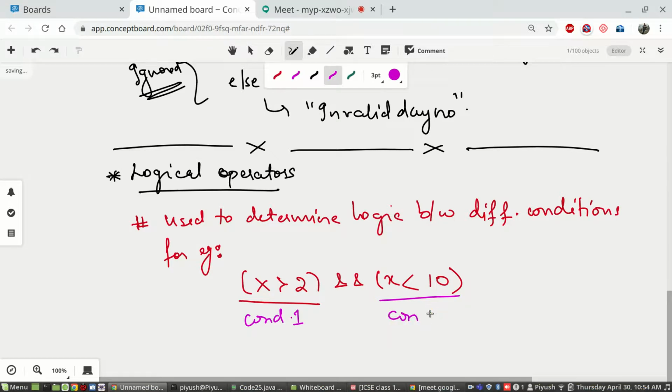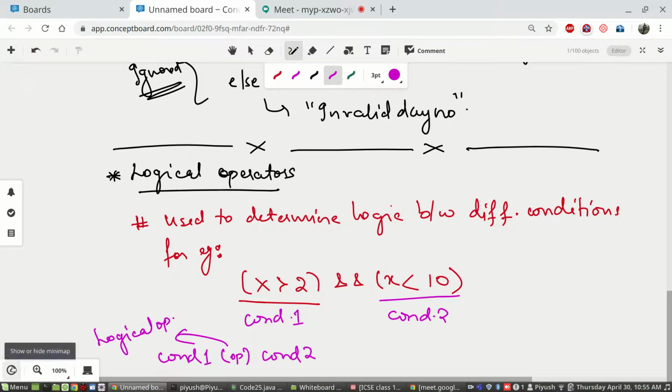Each is an expression formed using a relational operator. So when you have to establish a relation between two conditions, not conditional operators, that is, condition 1 and condition 2, or we have to check the logic between two conditions, then whatever operator sits between them will be a logical operator.